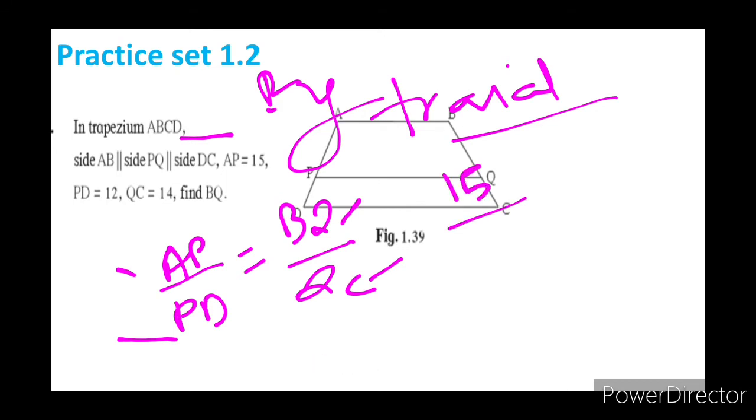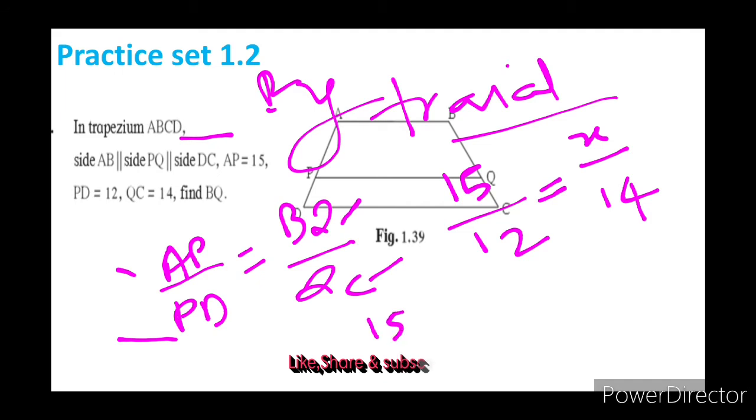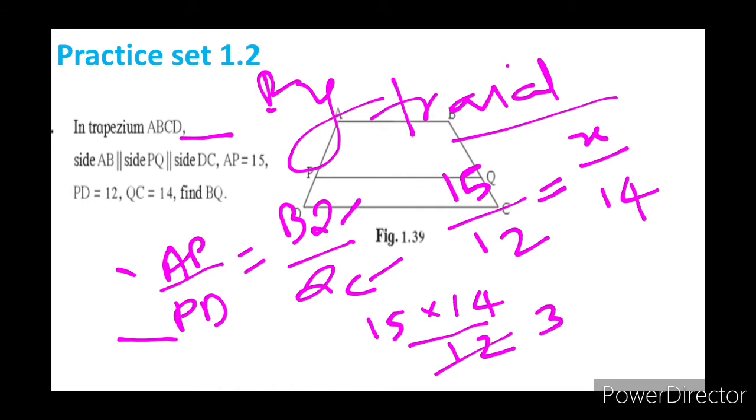15 upon 12 equal to x. BQ मैं x consider कर रहा हूँ. So QC is known as 14. So after solving we get 15 multiplied by 14 upon 12. 12 4 on the 4 3 jar. So 5 3 jar. 3 5 are 15. So after solving, we get 14